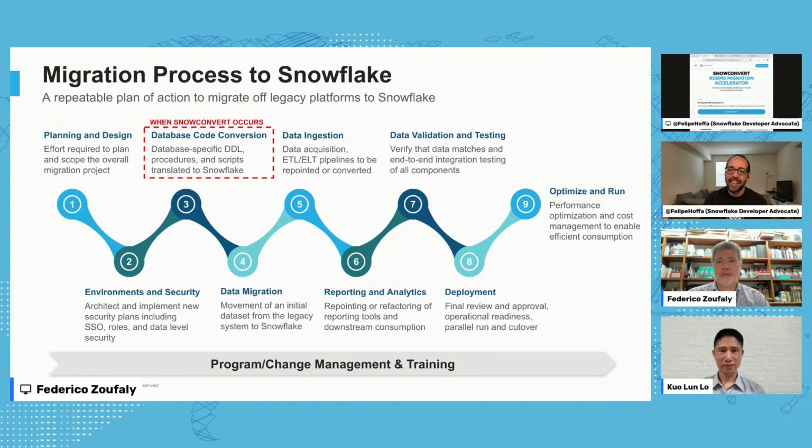Just as context, we are going to follow all these steps because people see real value in migrating from their current solution. People keep migrating to Snowflake, and going through this whole effort will give them a big reward.